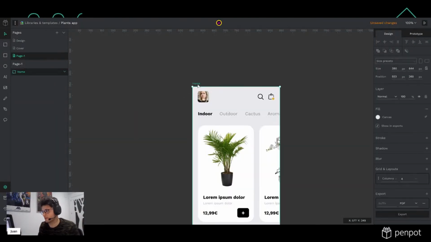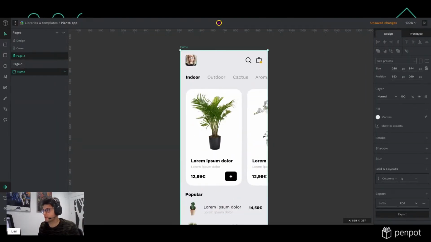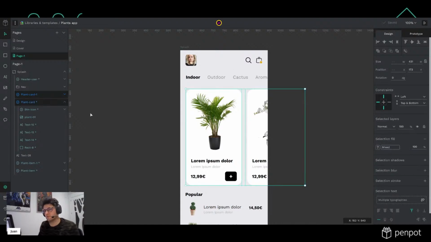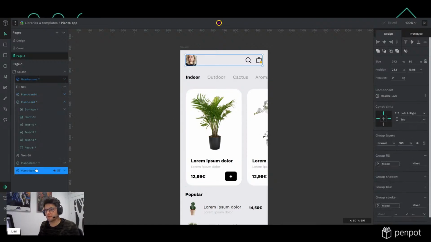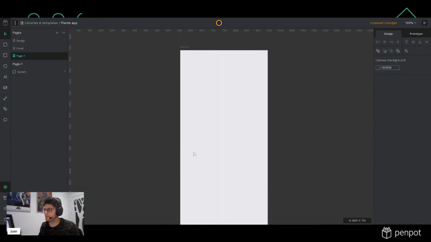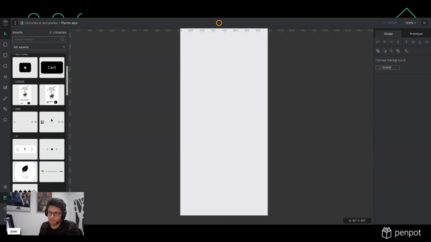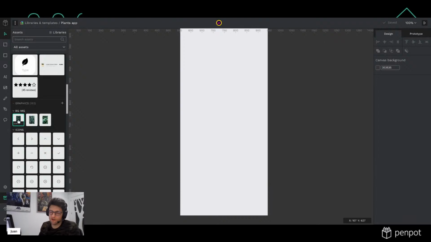I really love to work with dark backgrounds. So, splash screen. Let's see. I think I'm going to delete everything. Yep. So I have here in the library, I already